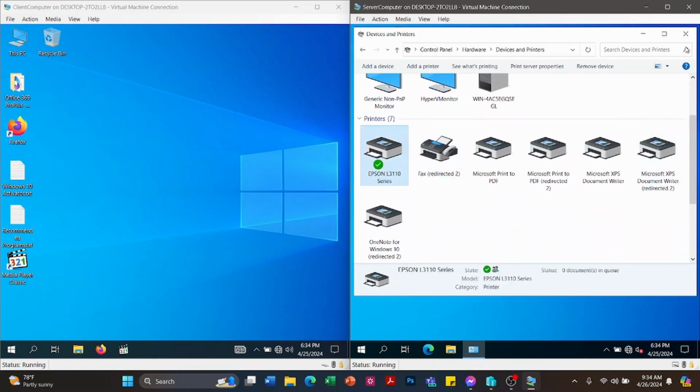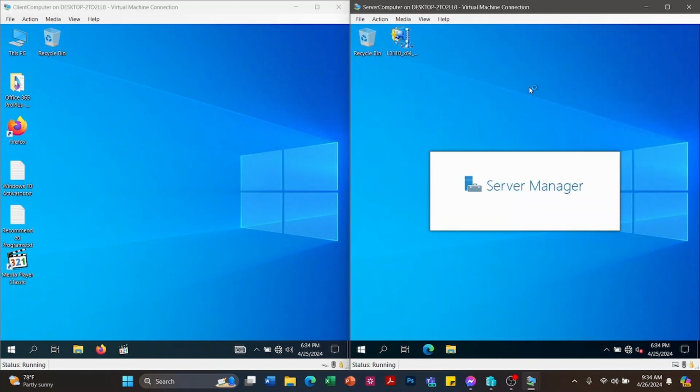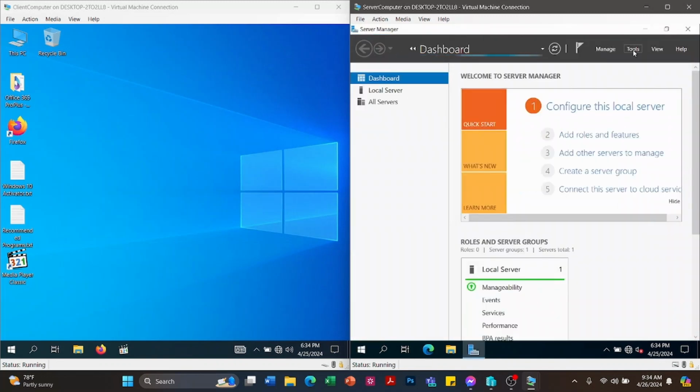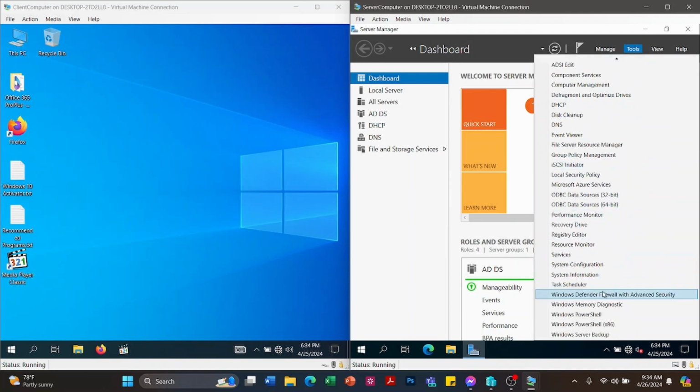Okay, so let's close this one, then open the server manager. Okay, so let's select tools, then let's look for the printer. Okay, so we do not have a print server.